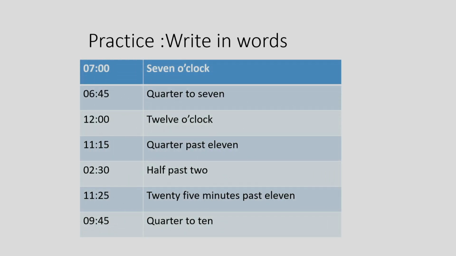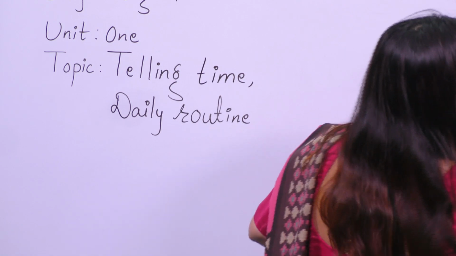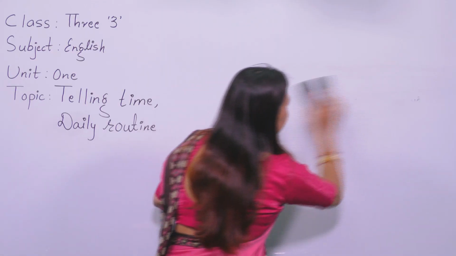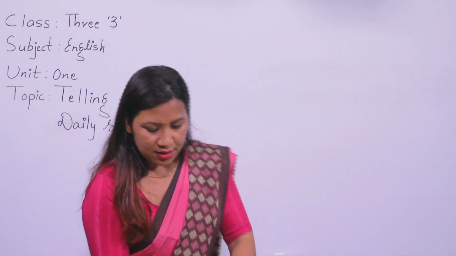After this is one activity. Practice writing words. There are different times. You can see here, there is 07:00. It is written as 7 o'clock. Right? Similarly,